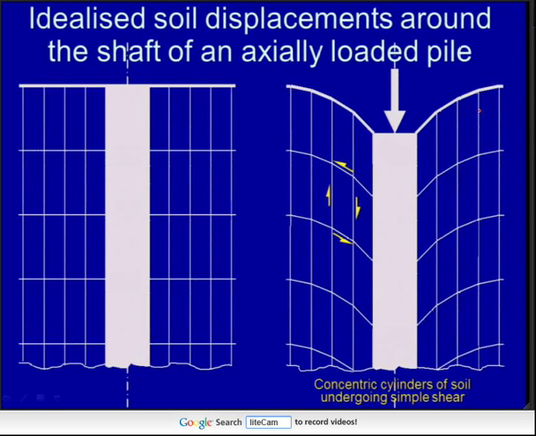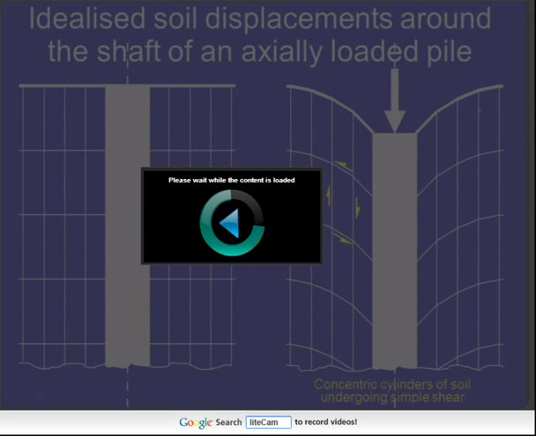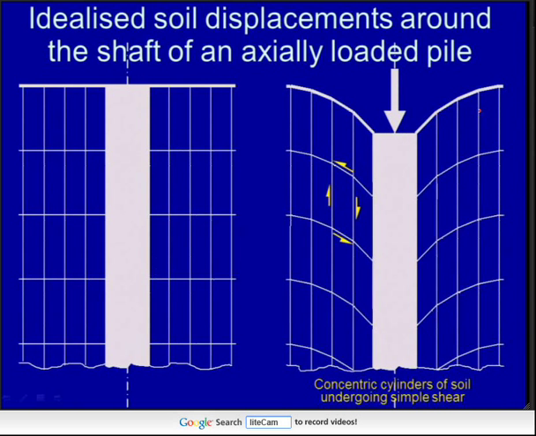And what we find is the cylinders close to the pile deform a lot, and as you move further away, the deformation decreases. And there's a good reason for that. Next thing that is observed is the way the load's transferred to the soil is there's very little change in